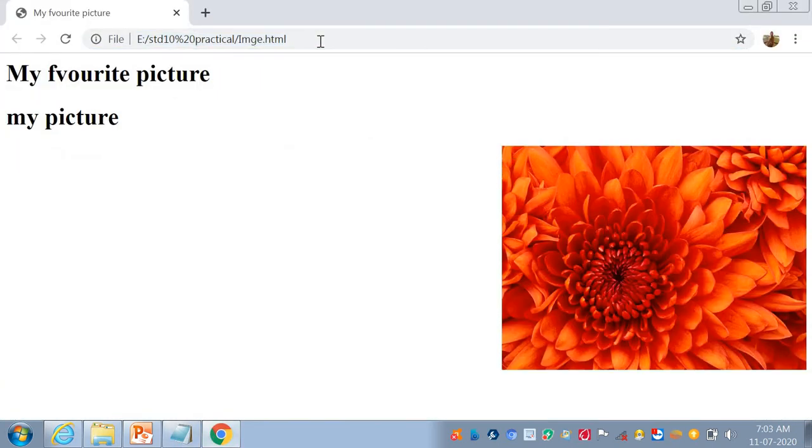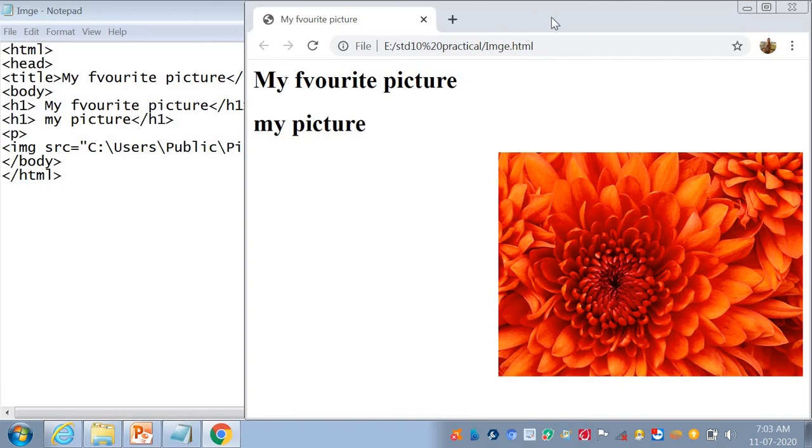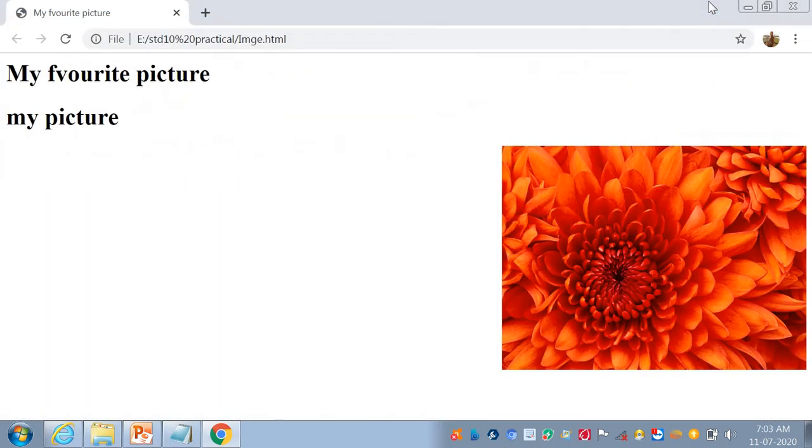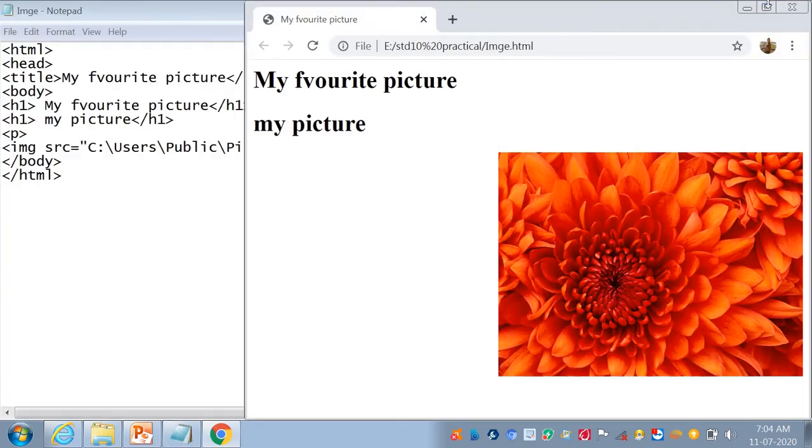Okay, your picture comes on your right side. You can easily see your output. This is the code of your picture and this is the output. So one by one we can write every align attribute.